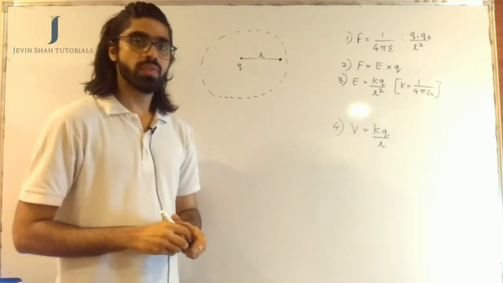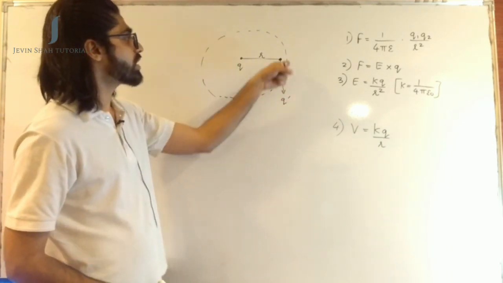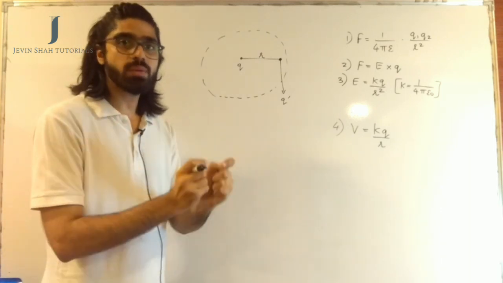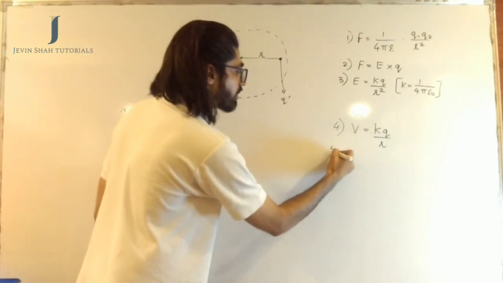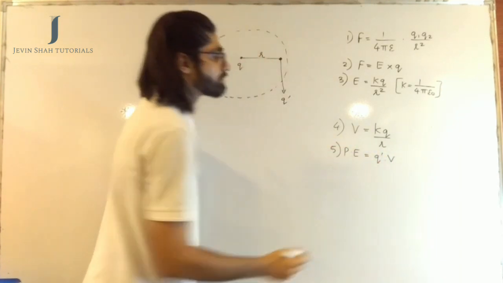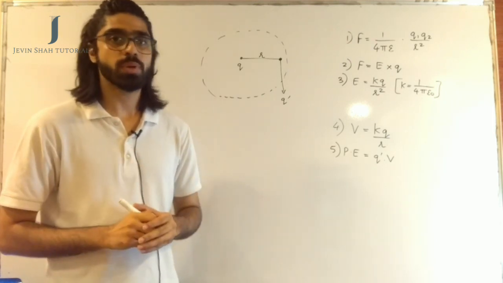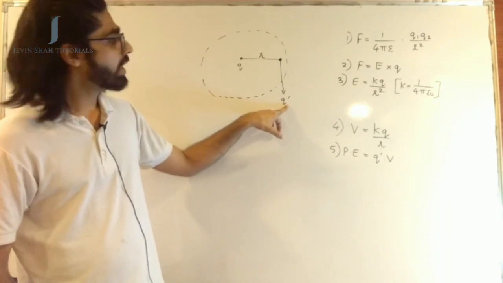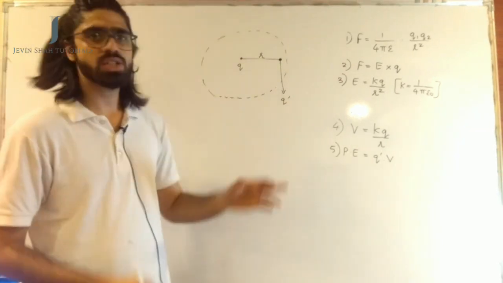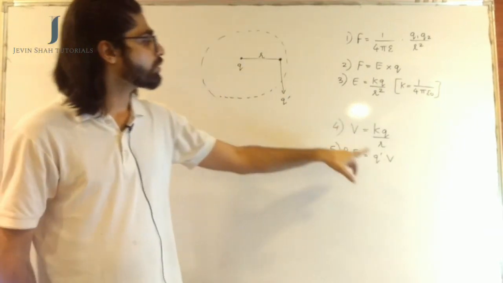Now comes the next thing. This tells you that, say for example, you took a charge q dash and you are placing the charge q dash at this point where the potential was V. Now, if you place a charge q dash at a point where the potential is V, then the potential energy of that charge is given by q dash multiplied by V. Again, I am repeating that statement. Understand that properly, okay? If I take a charge q dash and keep it at this point where the potential was V, then the potential energy of the charge q dash will simply be given by the charge it possesses, which is q dash, multiplied by the potential of that point, which is V.